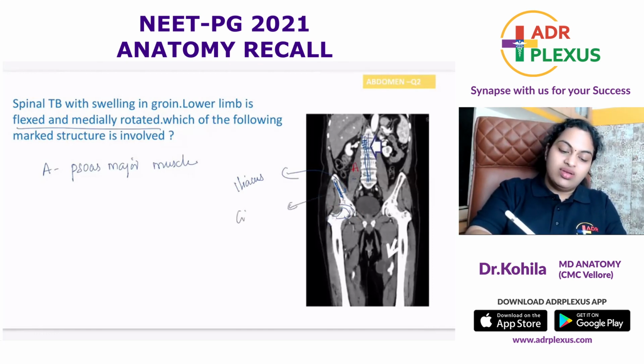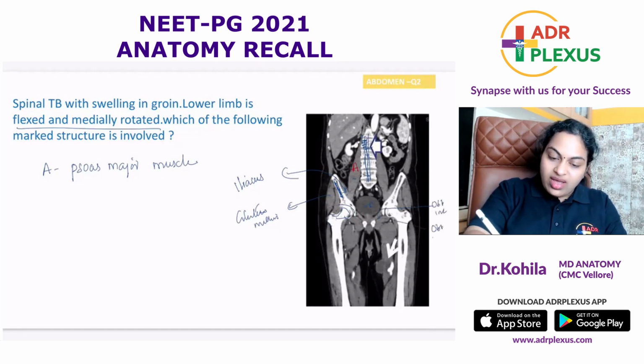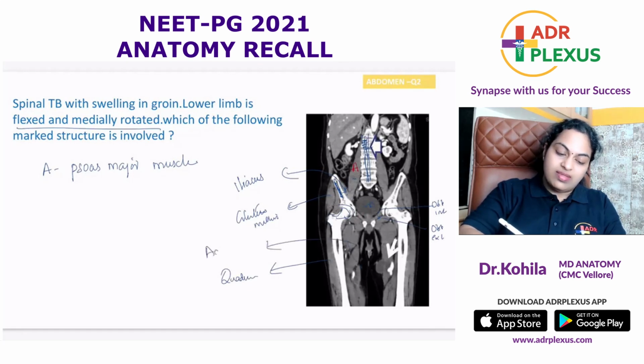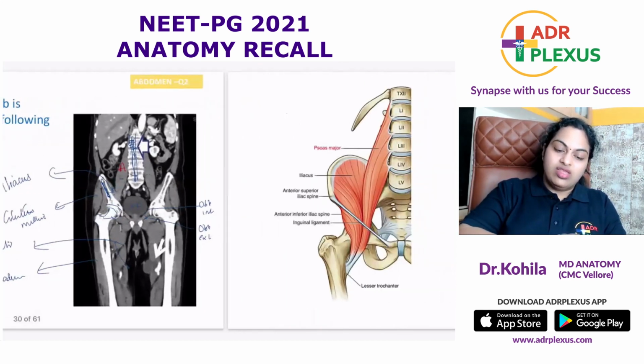Behind, this will be the gluteal region with the gluteus medius and minimus muscles. Here, this is the urinary bladder. Lower down, in relation to the obturator membrane, this will be obturator internus, and just below that will be obturator externus. You see the femur here. This will be your quadriceps, and medially these all will be your adductor muscles. So among the options given, the best one here will be the paravertebral position, the psoas major muscle.